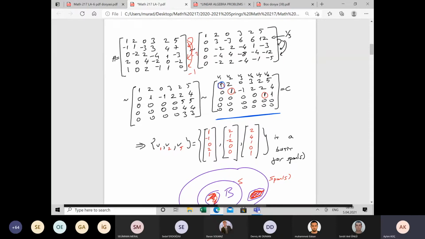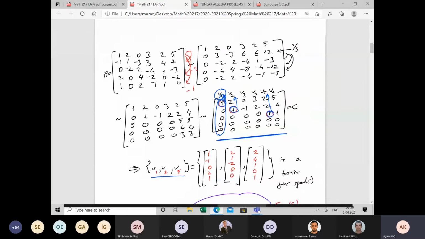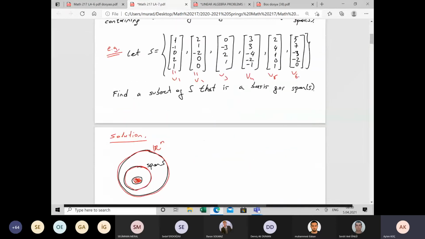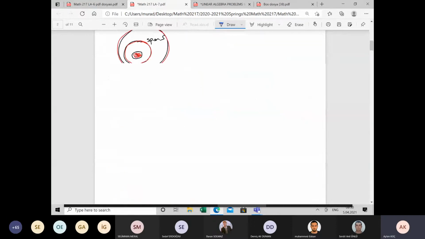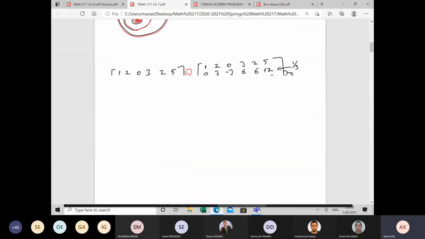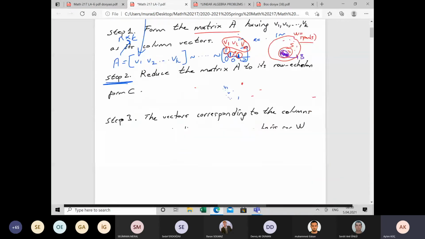And what is this one? Do not take this one. This one is the column, but take V1. V1, yes, this one, V1, V2, V5. It's okay. And we claim that this one is a basis for the span S. We can ignore this one because this vector is generated by using V1, V2, and V5, so it is not linearly independent, and we delete the